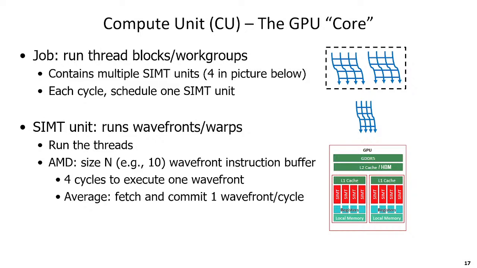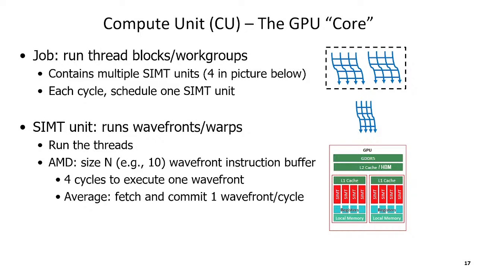Their job is to run those thread blocks or work groups in parallel as best as possible on our given hardware. So for the pictures we've talked about, we were assuming that 4 of them are executing in lockstep at a time. But in reality, it's actually many more than that, which I'll come to on the next slide. But the goal in each CU on your GPU is that each cycle you want to schedule at least one SIMT unit. Increasingly, modern NVIDIA and AMD GPUs are trying to schedule like 4 of these groups of threads maybe in a single cycle, but for simplicity for today, let's say every cycle we want to schedule at least one